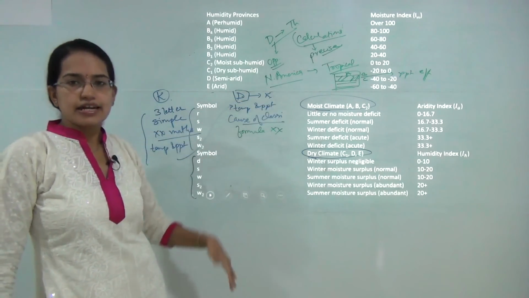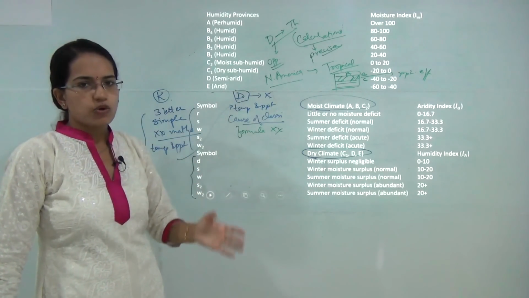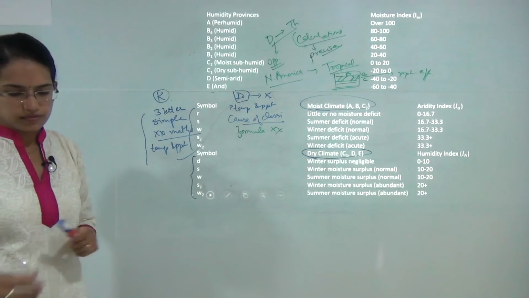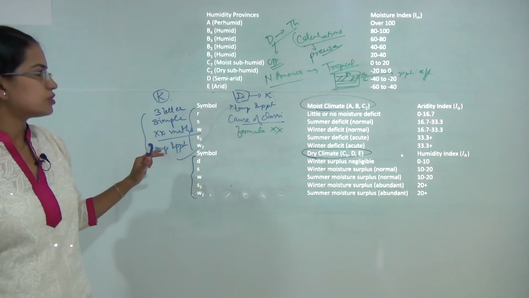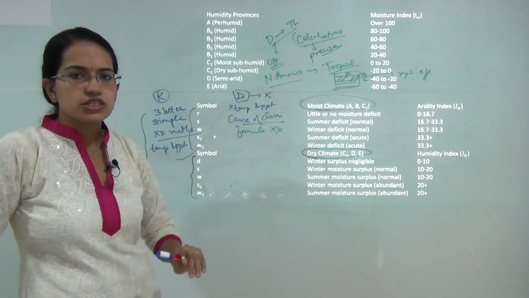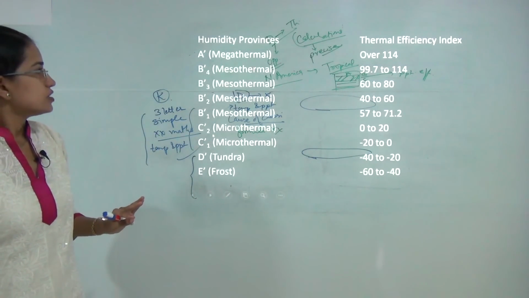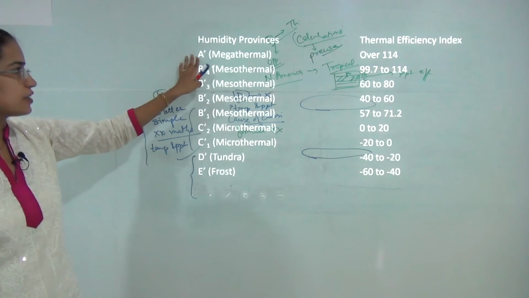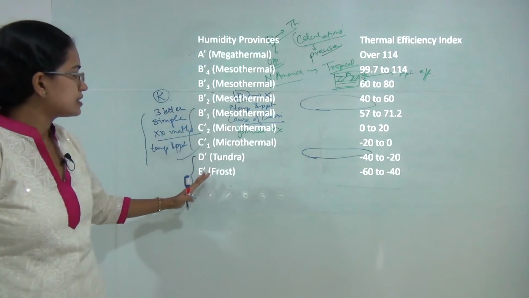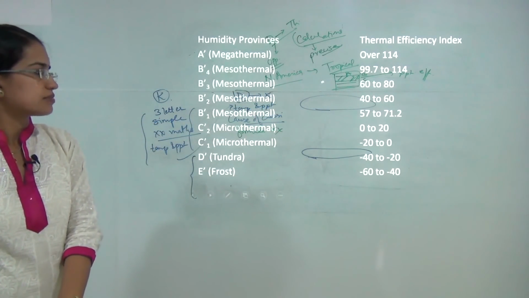However, there were similarities to Köppen's theory. The first similarity was it used letters and symbols similar to what Köppen did. Then it was based on vegetation pattern that was seen. The only difference was it initially was based on precipitation efficiency and thermal efficiency, and later it involved potential evapotranspiration, which was not part of the Köppen's theory. So, based on that, the thermal efficiency and potential evaporation, he classified the humid provinces, which was done under the thermal efficiency index by Thornthwaite.